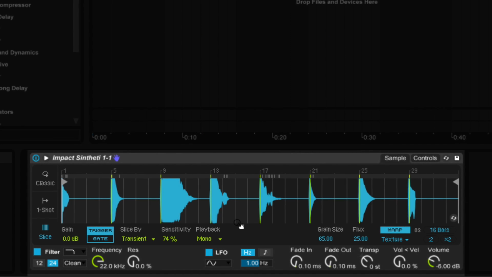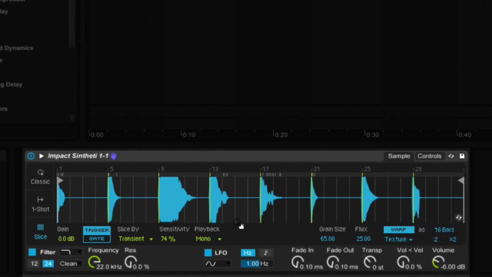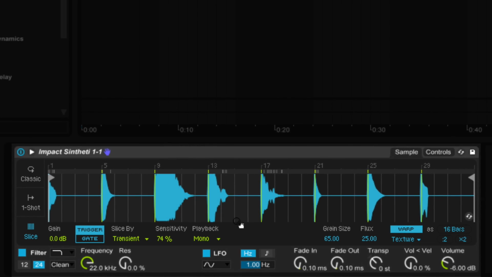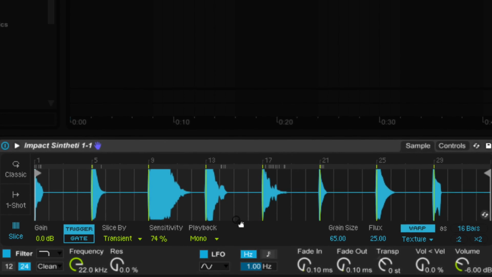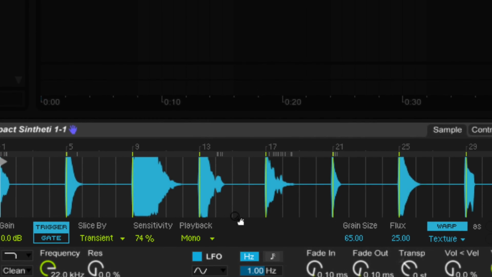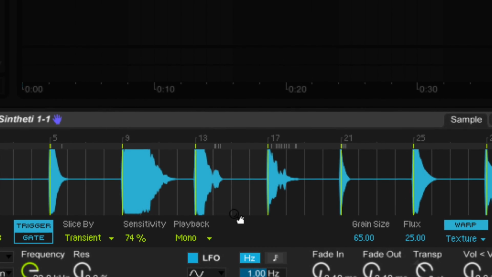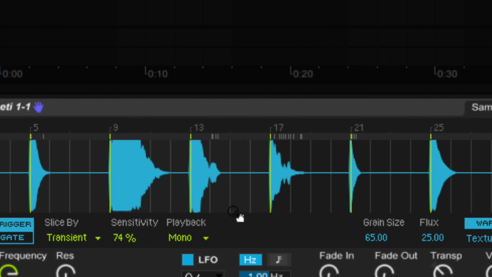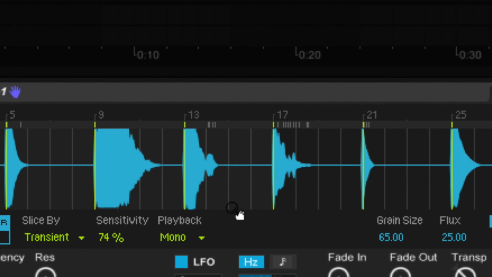Simpler is one of Ableton Live's most powerful virtual instruments. With its default settings, Simpler presents itself as a mere sample playback machine. However, thanks to its warping functionality, you'll see that it's capable of performing powerful granular audio processing, among many other